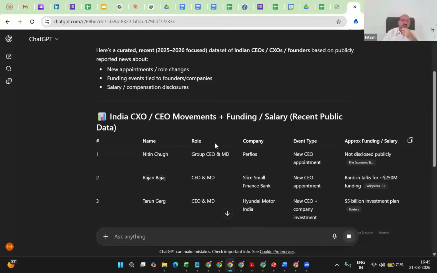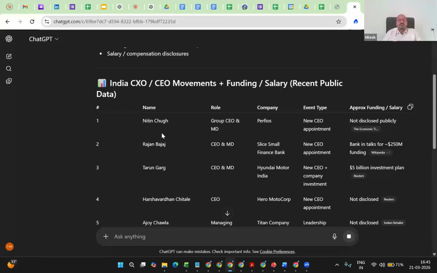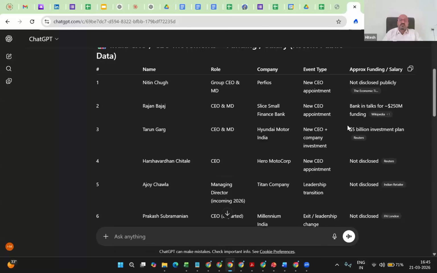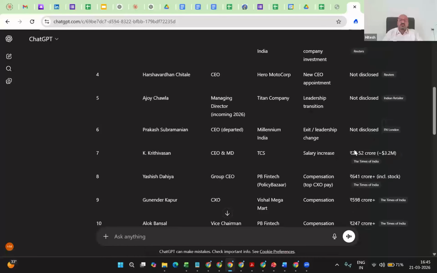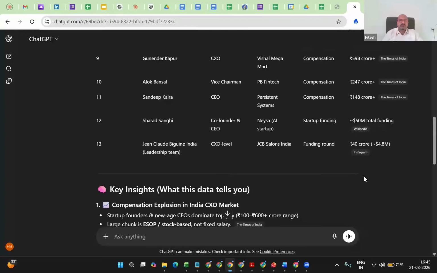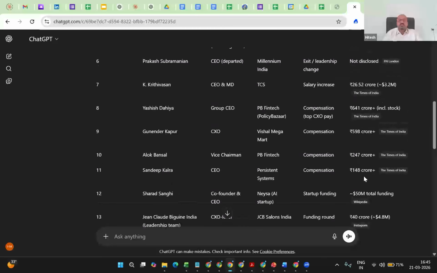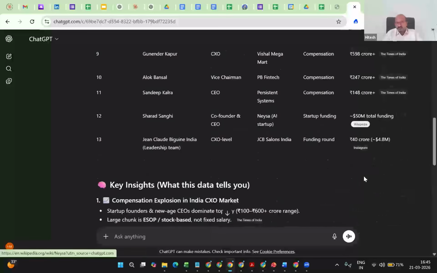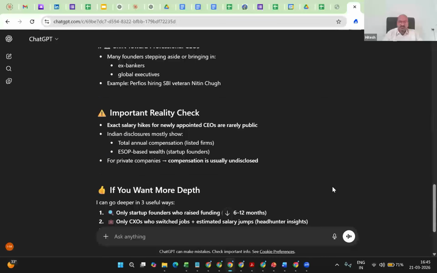So here AI does the hard work. So give me this is the person, Nitin Chugh, role, company, event type, approximate funding. So funding and all publicity. So we got this data of people who got funding, who got some bigger things, etc. So we got these people named over here. Okay? First step, prospects. Second step,